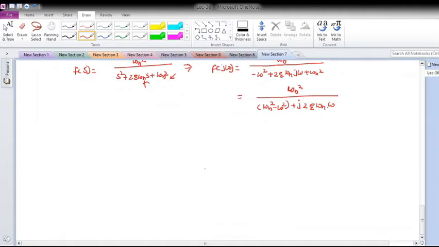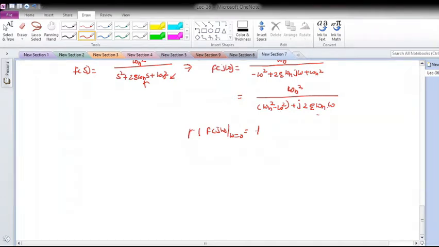Fine. So with this, can we draw the magnitude response roughly at least? Let me find out what the magnitude is at omega equal to 0. What is the magnitude of f of j omega when omega is equal to 0? When omega is equal to 0, this part is 0, omega n square upon omega n square, so it will always be 1. So the magnitude at omega equal to 0 will always be 1.